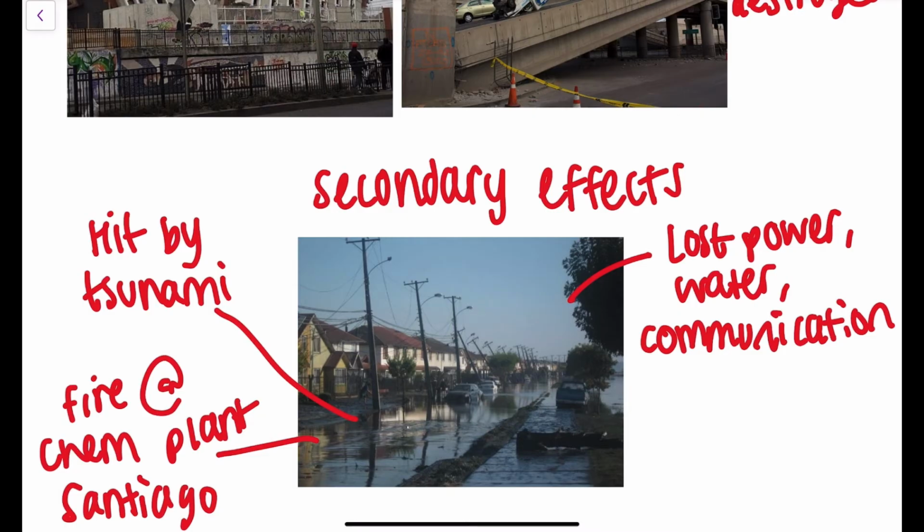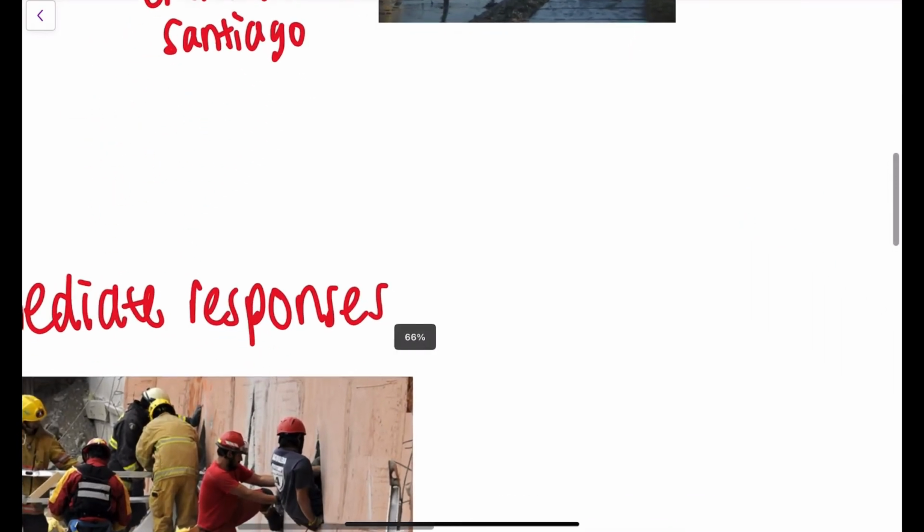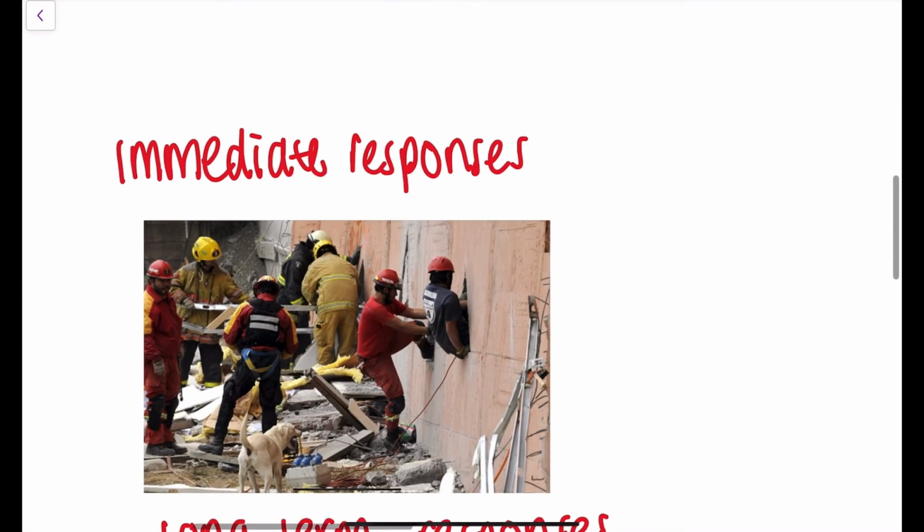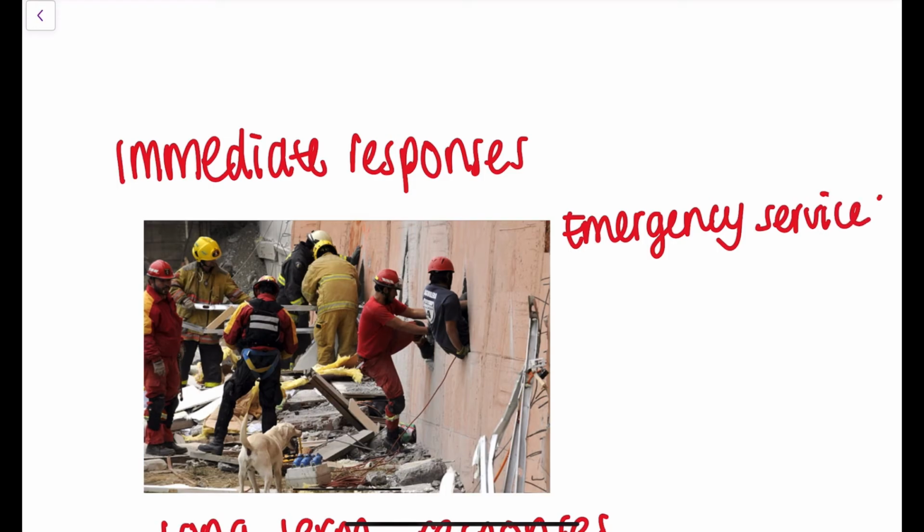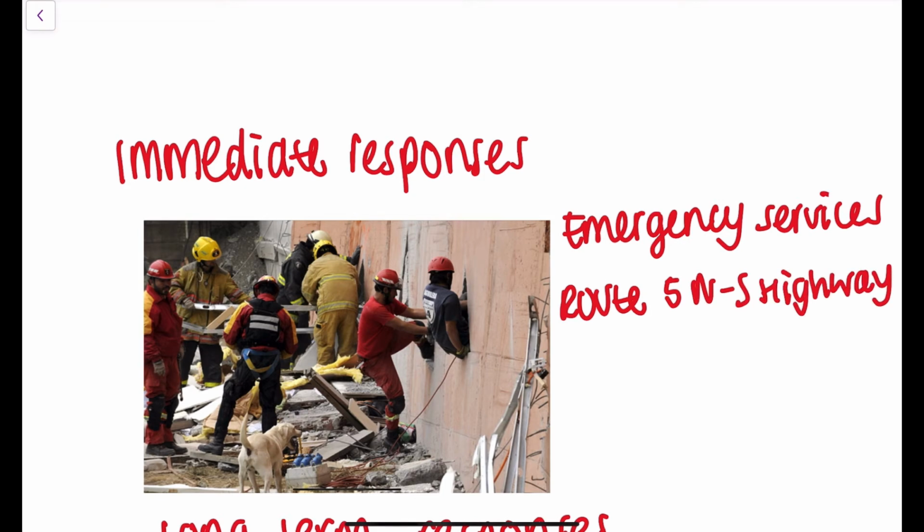In terms of responses, there was obviously the immediate responses and long-term responses. Immediately, the emergency services acted swiftly. International help did also take place, and this was needed to supply field hospitals, satellite phones, and floating bridges. Temporary repairs were made to the important Route 5 North-South Highway within 24 hours, which enabled aid to be transported